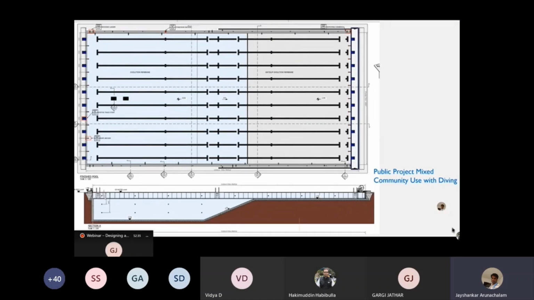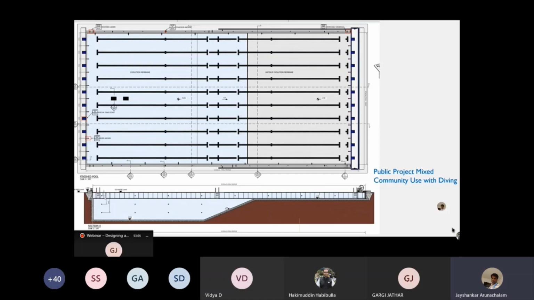Actually, this particular region where this pool is coming up has a history of divers holding some national records as well. So that's old. It's an old way of constructing a swimming pool. But at this particular location, they chose to have a diving pool plus a swimming pool together. So if I take you to the plans, we are considering a two-sided overflow system, which is on the longer side,